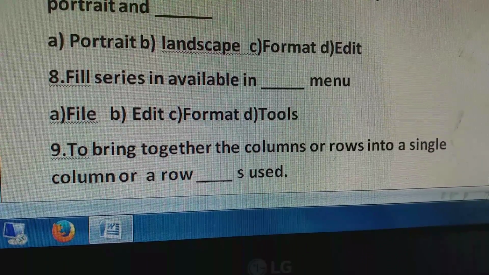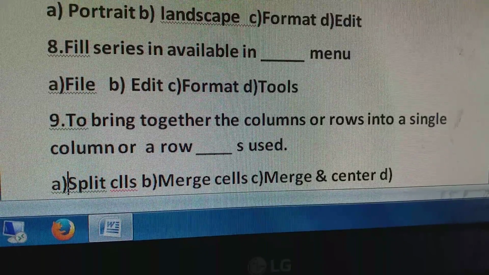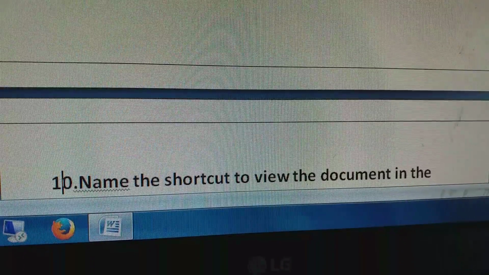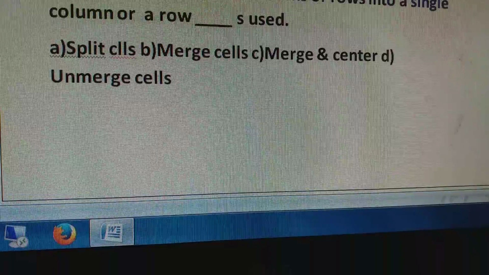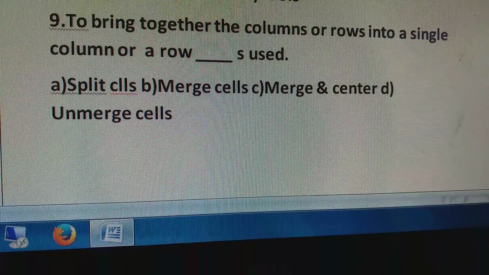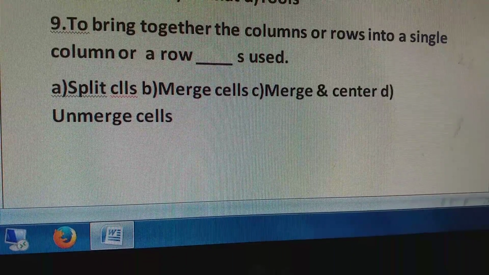8. Fill series is available in dash menu. A. File. B. Edit. C. Format. D. Tool. 9. To bring together the columns or rows into a single column or a row, dash is used.